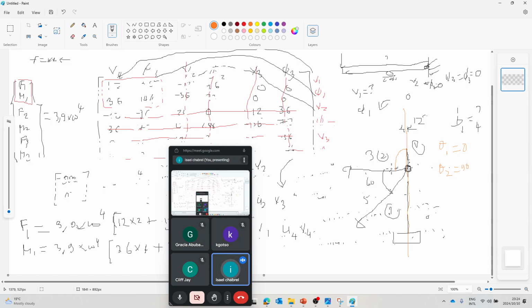Remember, this is still anti-clockwise. Now, if you want to come to element 3, it's going to be 90 plus 60. That is the only difference, and that is why you are stressing. And yet again, you will see